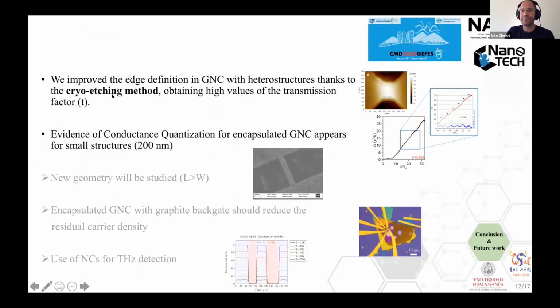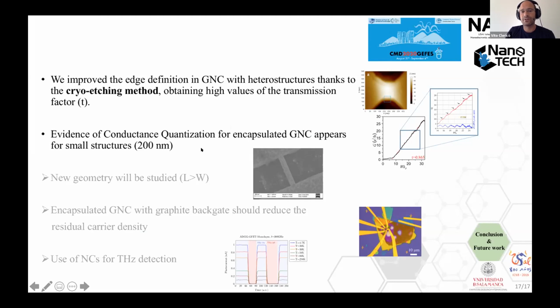Just to conclude, we improved a lot the graphene nanoconstriction definition in encapsulated graphene, thanks to a new cryogenic etching method applied for the first time to graphene. And we obtained higher values of the transmission coefficient, comparing the behavior of the nanoconstriction with the semi-classical formula. We found a very good roughness, lower than 2 nanometers, and we observed evidence of conductance quantization for